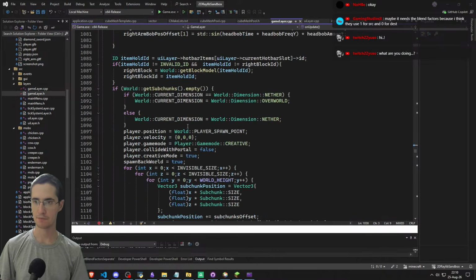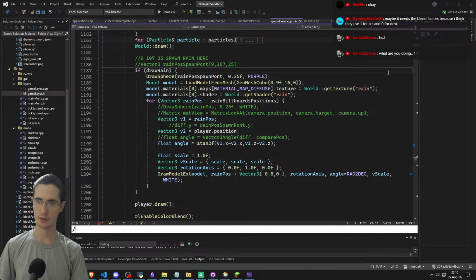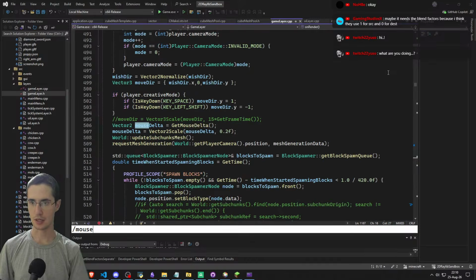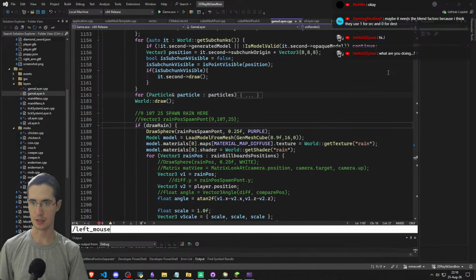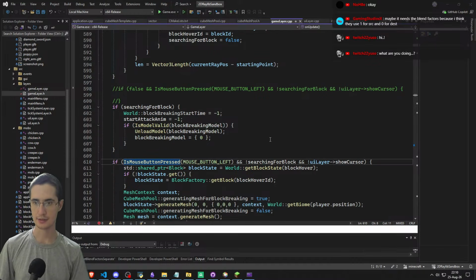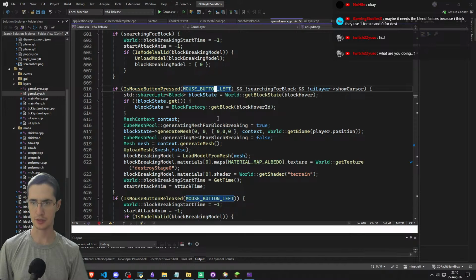So when we start the animation, left mouse button. When we press the left mouse button,